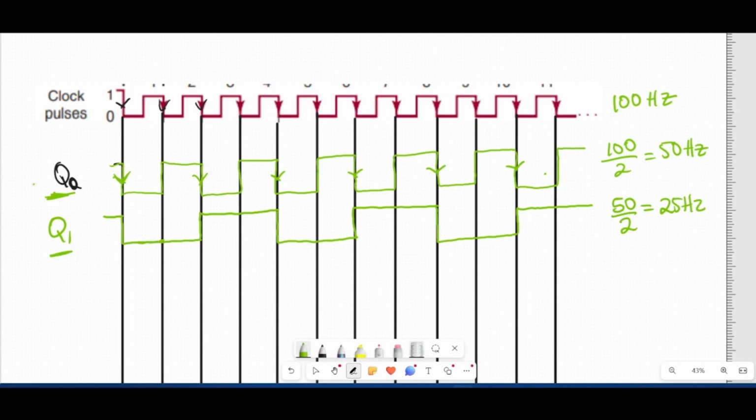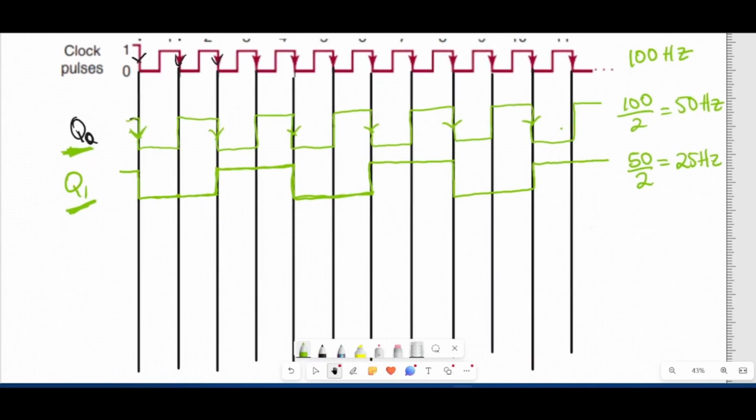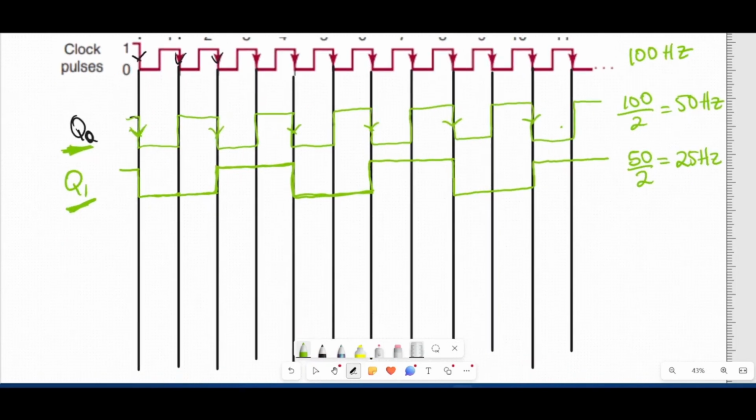And as you can see, it's very obvious from the diagram that the frequency is dividing because of how the spacing has increased for Q1 in comparison to Q0. Now, if you're to draw for the last flip-flop, that is Q2, I'm drawing with a different pen so we can see this clearly. We're going to use Q1 as our clock signal now. So we draw arrows where we see our clock signal,